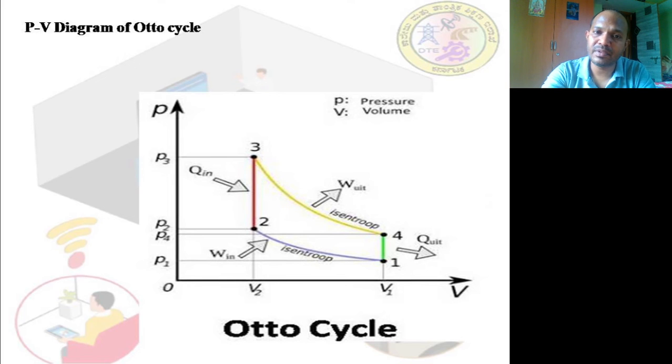Opposite to this 1 to 2, after the combustion, after the power stroke, what happens? It is the exhaust stroke. In the exhaust stroke, smoke is formed and the smoke will be given out. Here the work will be done on the piston. During the exhaust stroke, the hot gases will be going out. That means the volume is increasing. So the heat is being rejected. This is the beauty of the Otto cycle. Based on this principle, our petrol engines work.